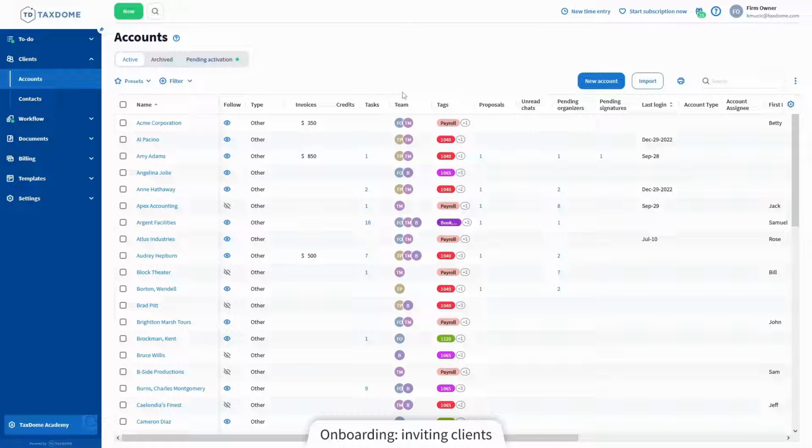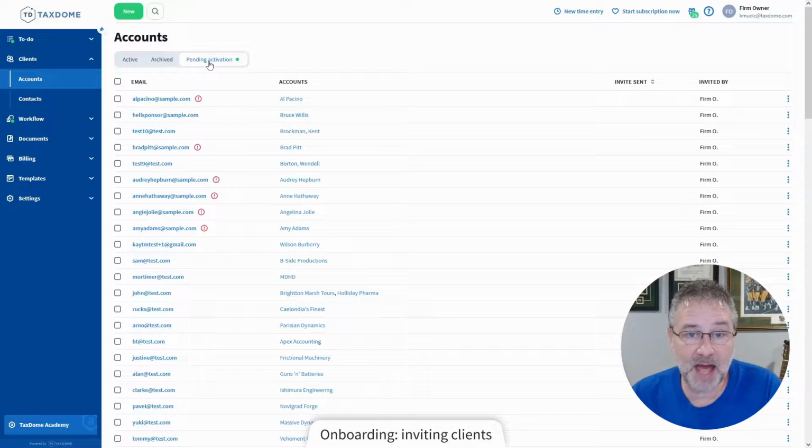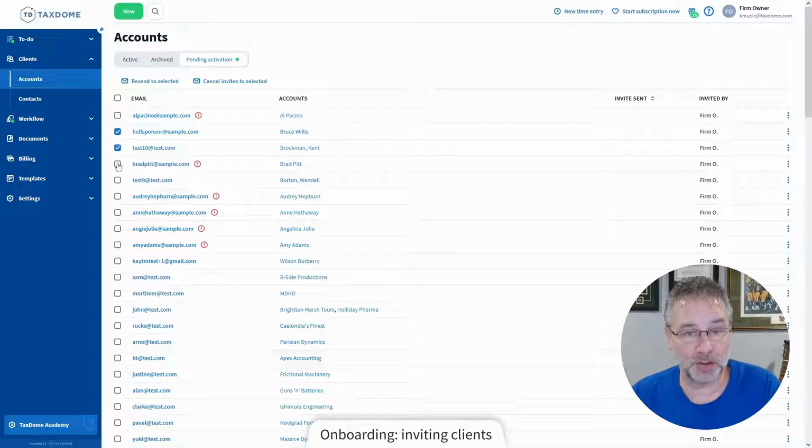Thankfully, inviting clients is also extremely simple. If you imported your clients like we talked about in a previous webinar, you likely held off on inviting them until this point. Because of this, you'll see an extra tab here that says Pending Activations. In this tab, you will be able to see all your clients that have their login toggles, or in other words, login rights enabled, but have either not been invited or haven't activated their accounts yet. To invite them,